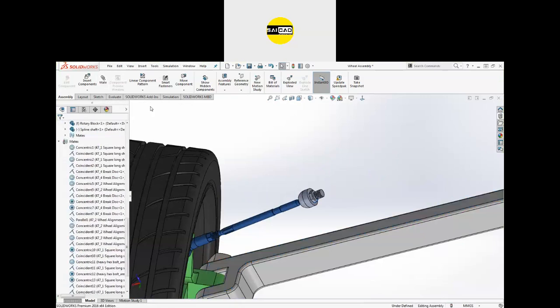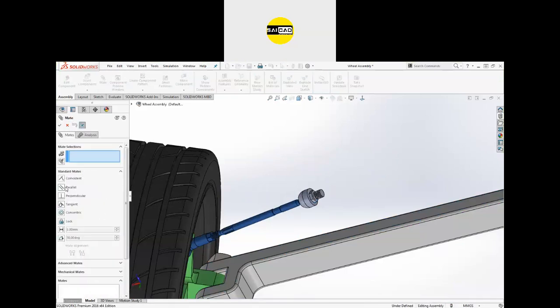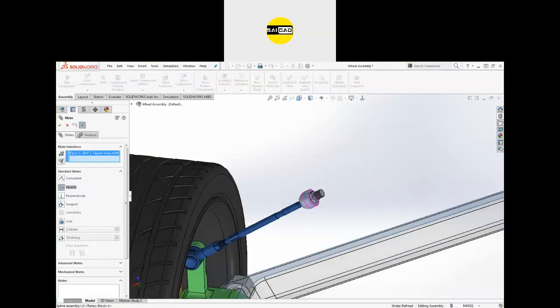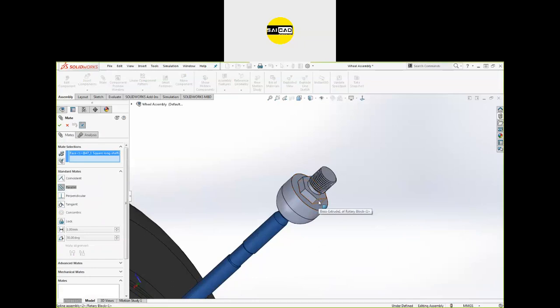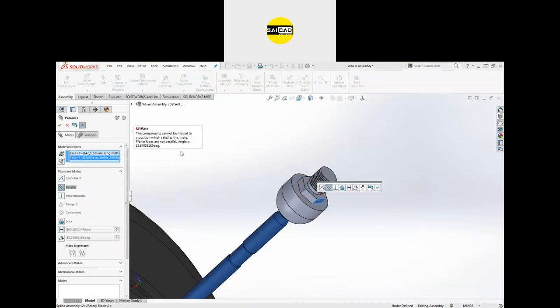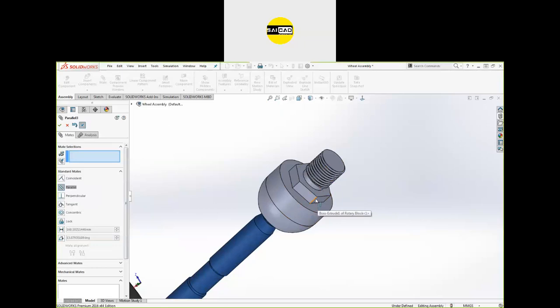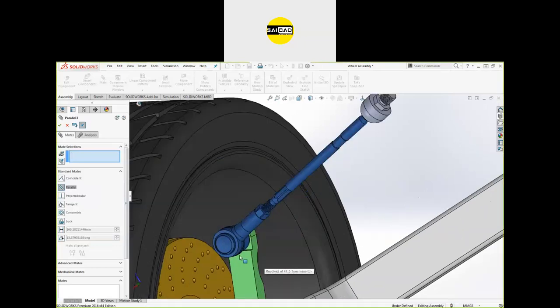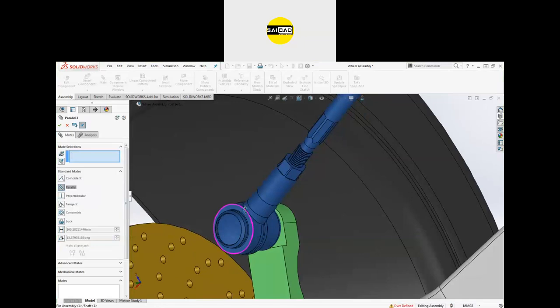Go to the mate first, use the parallel from here to this face and this face, and there is an error because there is an angle of 30 degrees. You can see here there is an angle of 30 degrees because this is twisted from there. So I'm going to use another option, another value.